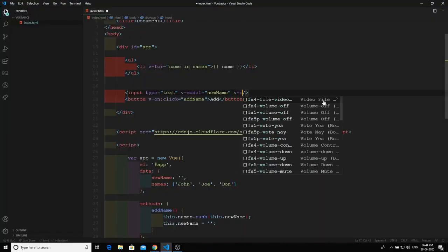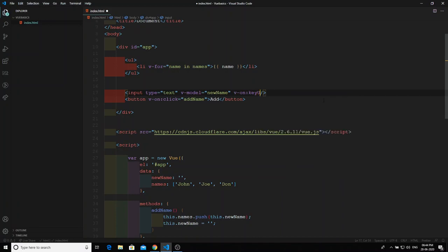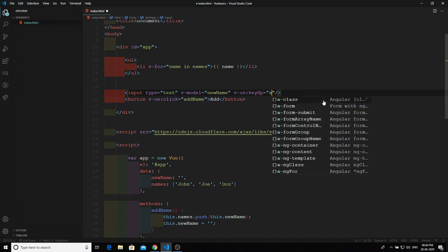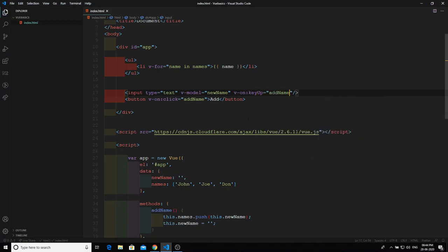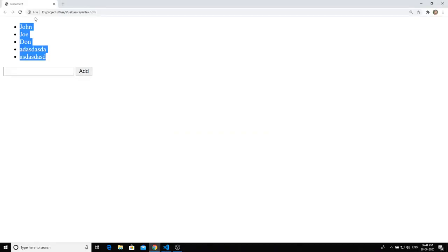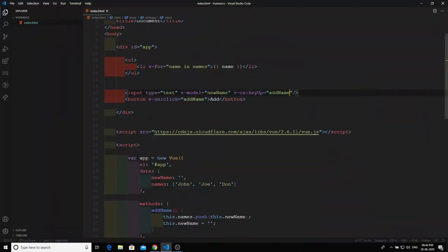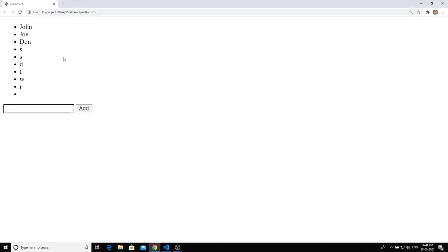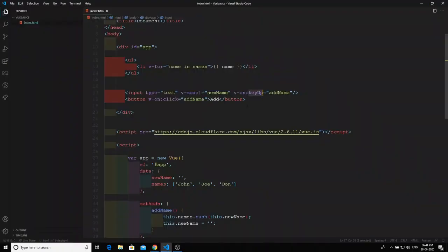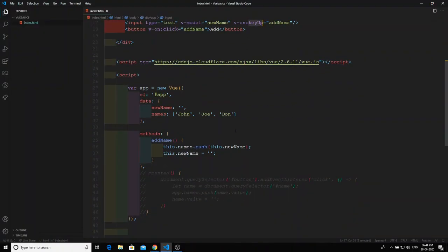What we can do is v-on keyup, and you can write addName like this. You can have as many implementations as you want. Now if I refresh and add anything, see, it is automatically getting added here. So you can use the click event and the keyup event to add names into the names array. This is how we can use event listeners in Vue.js.